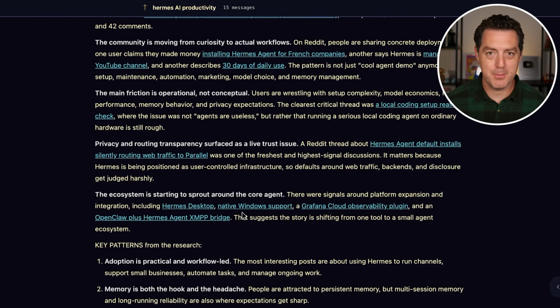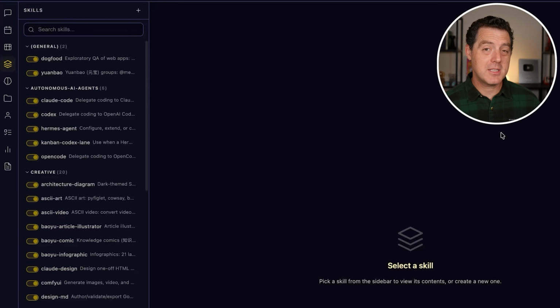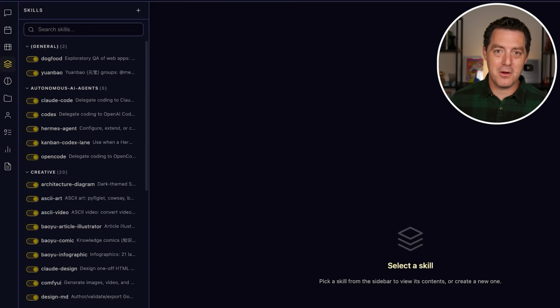It is dead simple. The second thing that makes Hermes very unique is its ability to self-heal. For example, if you're using a skill and you run into some error that Hermes hasn't seen before, it's actually going to go figure out what caused it and apply a patch to itself. It's really cool. And again, this is all in the spirit of making it very easy for non-technical people to